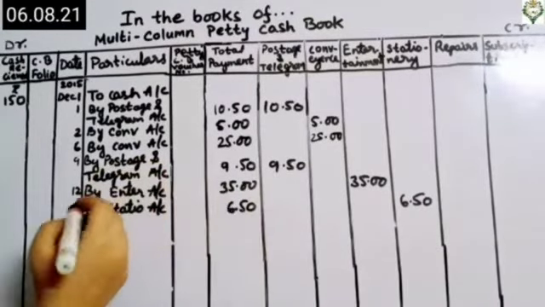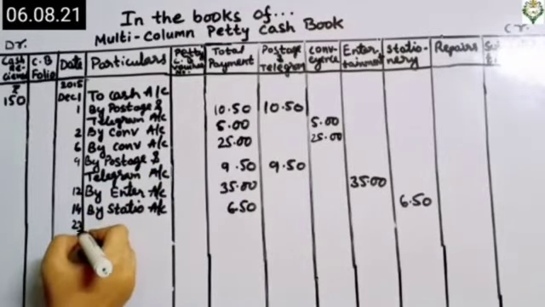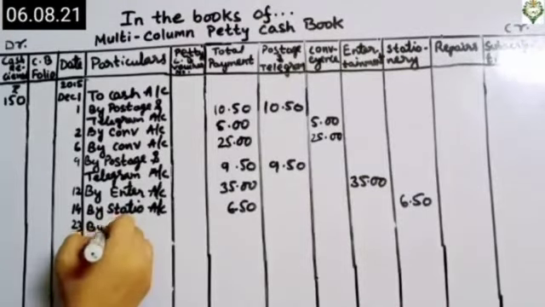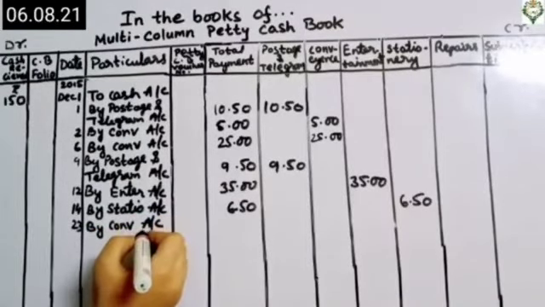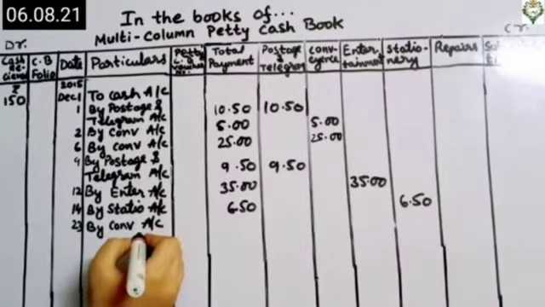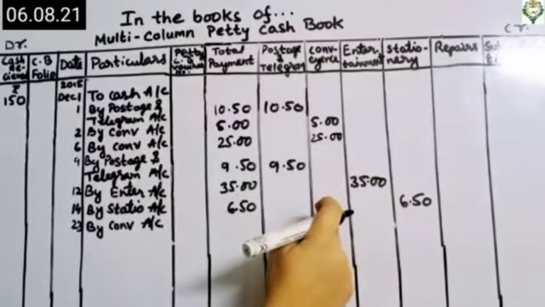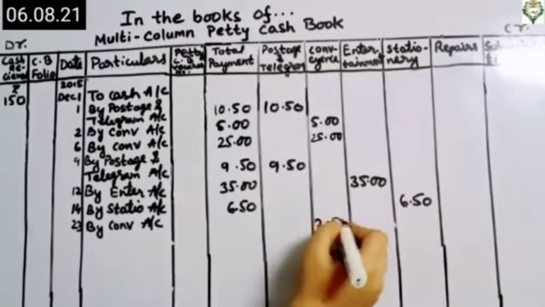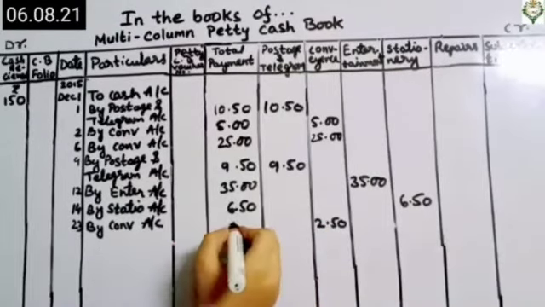Next transaction has been done on 23. It is saying tram fare paid to peon. So that will also come under conveyance, by conveyance account. The amount is 2.50. So we will record here only. This is the conveyance account column, so we will record here 2.50, and we will record the same in